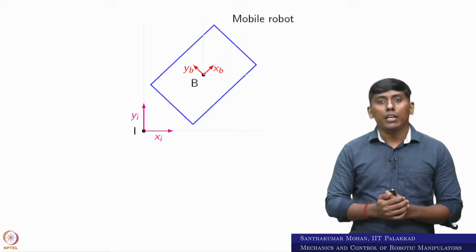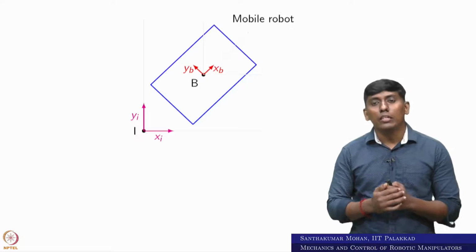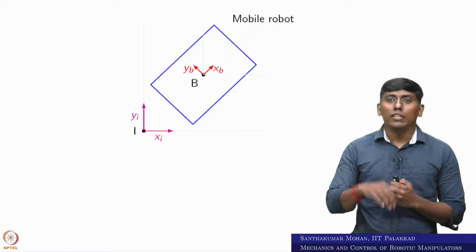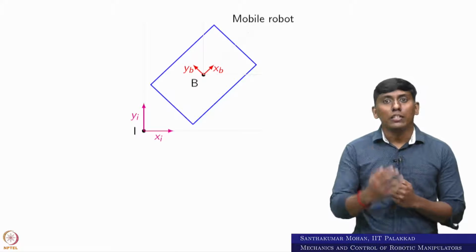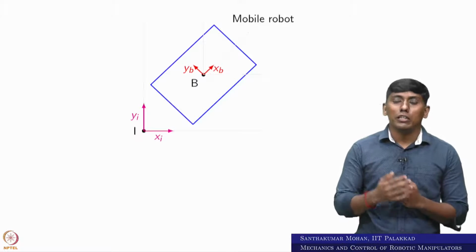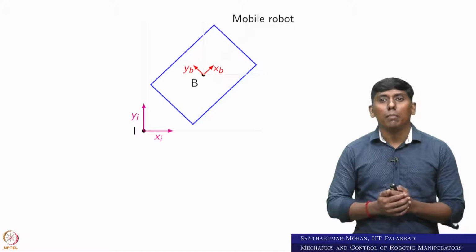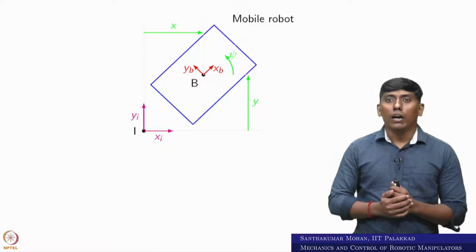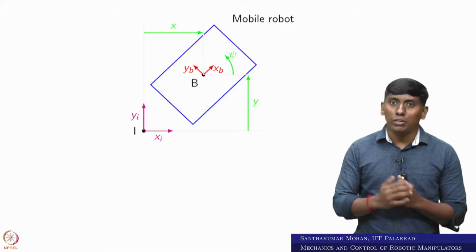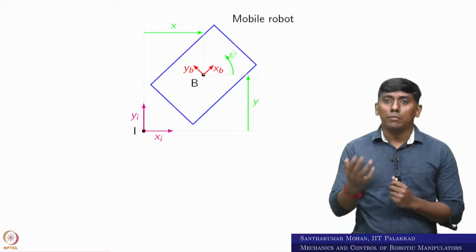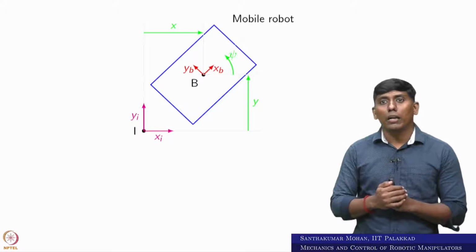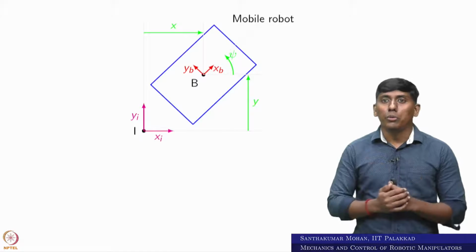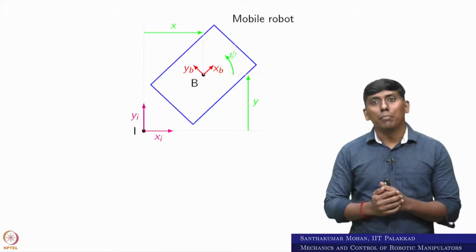So for that, we are trying to bring in the coordinates we need to know. Here you can assume the inertial frame to body frame is a position vector, which is nothing but x and y, because it is in a plane. In addition, ZB and ZI are parallel, but XB and XI are non-parallel. That angle is called the heading angle, or yaw angle, whatever you want to call it, which we denote as psi.